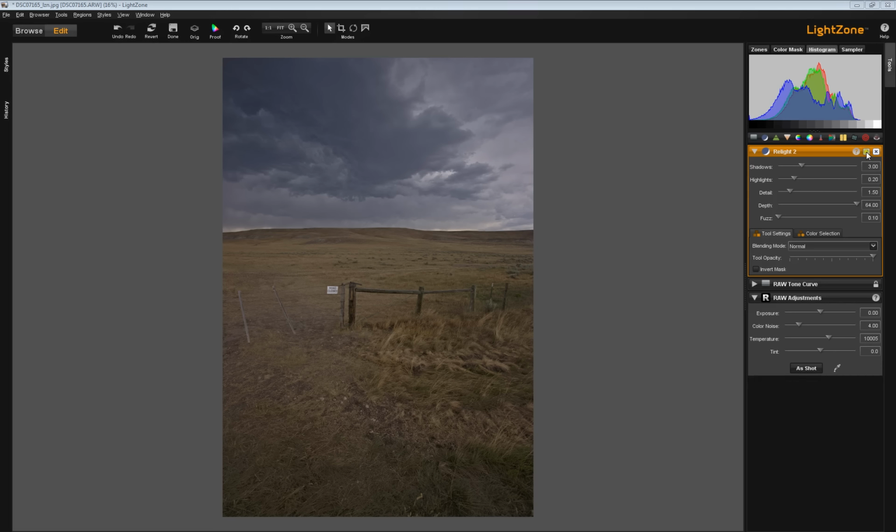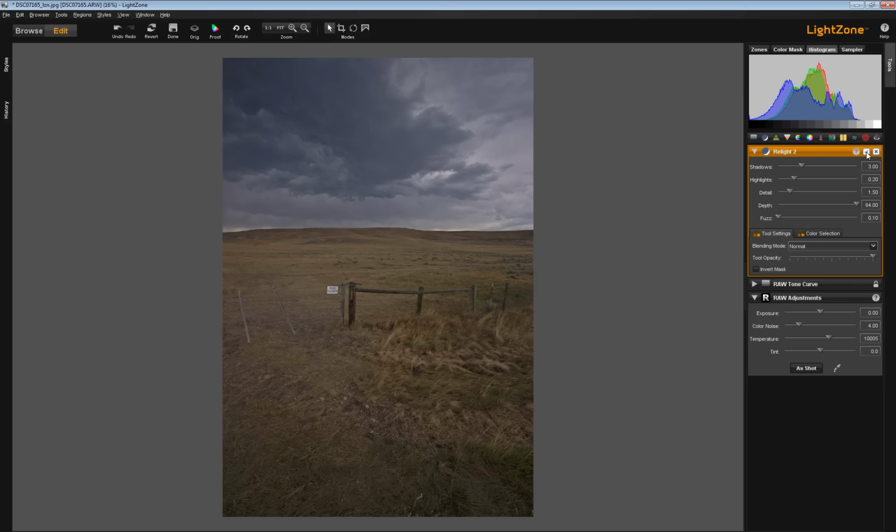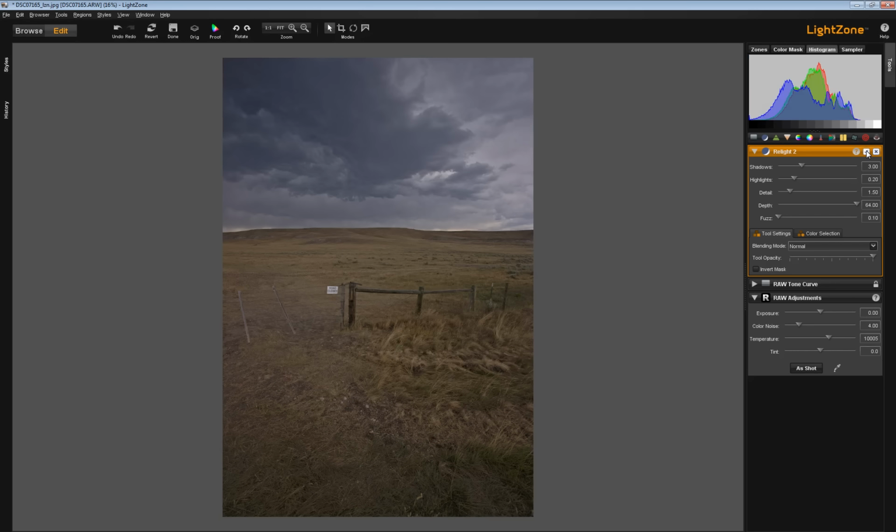I'll turn off this Relight tool, and you see there's the original raw image, and here it is with the Relight tool applied. Watch the histogram. There it is, shifted over left. Turn the tool on. It starts moving it to the right. Well, that's great, and you may be interested in just playing around with the tool from here, but if you